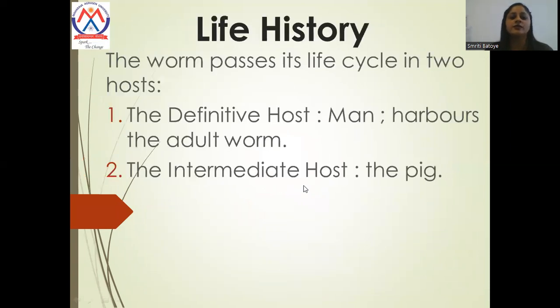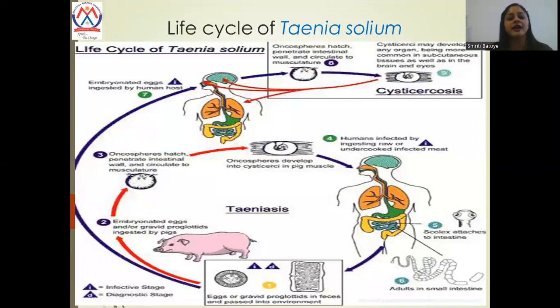Next, we are going to discuss the life cycle of Taenia solium. I have already told you that they exhibit two hosts. The definitive host is the human, in which the adult form is present, and the intermediate or secondary host is the pig. But before starting their life cycle, as we already know that Taenia solium is a hermaphrodite, so